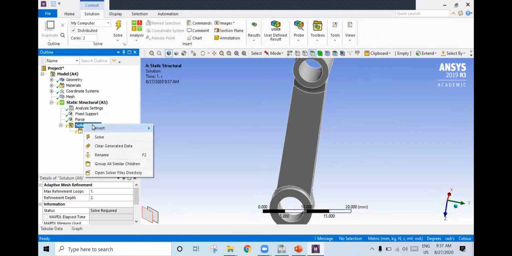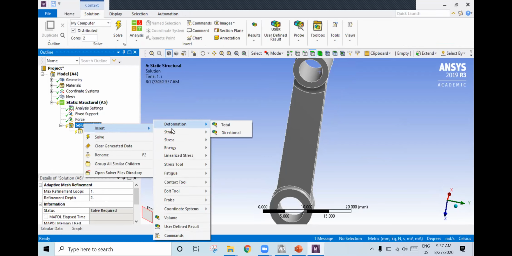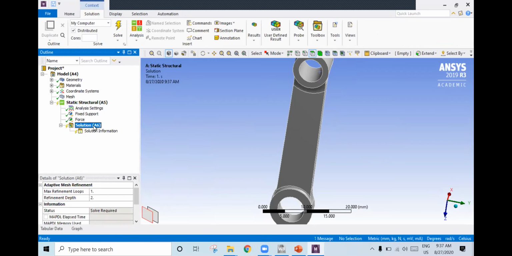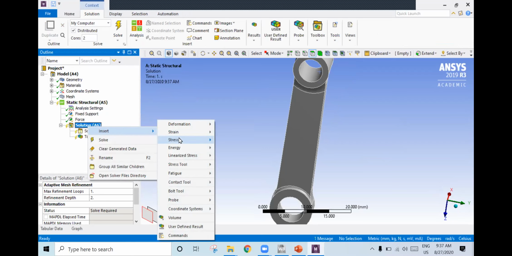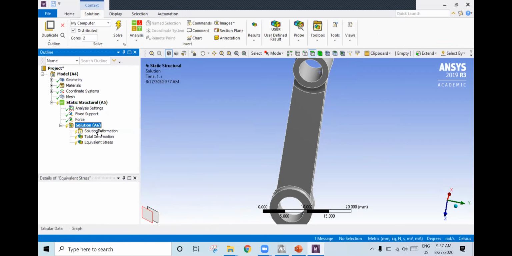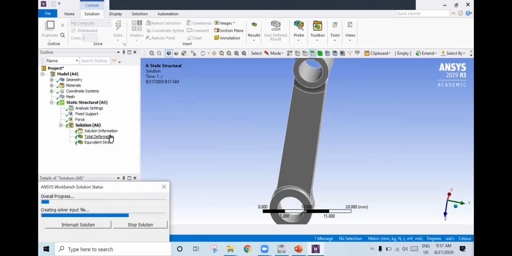So what we will do is right click here and add total deformation. Right click again, add stresses, and solve it. See, I have given 1 Newton. That's it. Initially you need to check for 1 Newton.